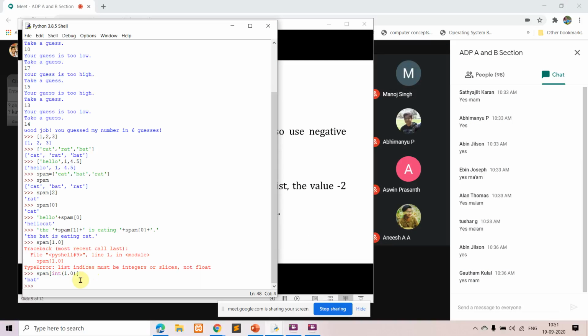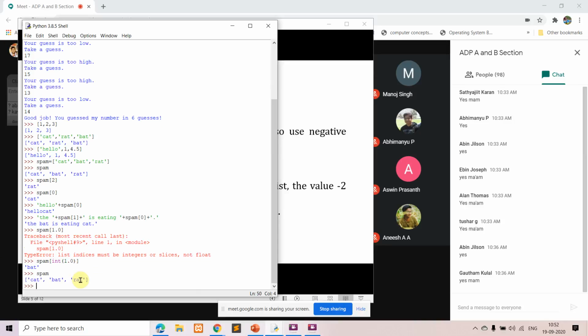So we'll go to the same example here. If I'm telling spam, what do I have in spam? In spam I have cat, bat and rat. So if I'm telling spam of -1, what we said in negative indexes is that it is possible for us to use a negative value as the index. If you give -1, we are referring to the last value.